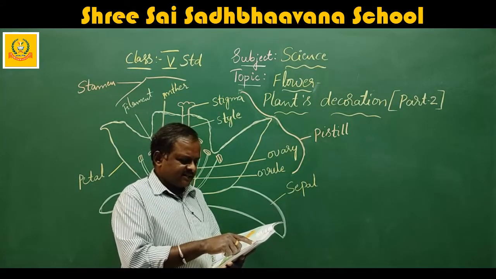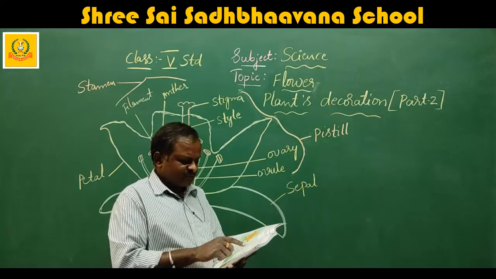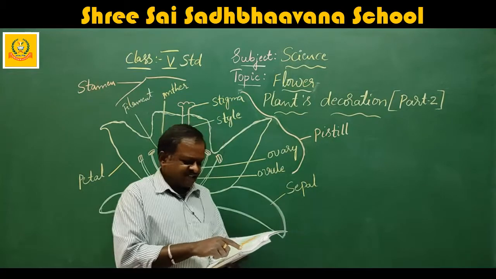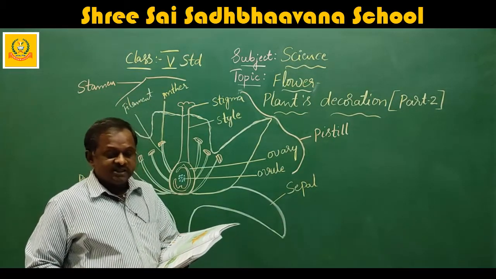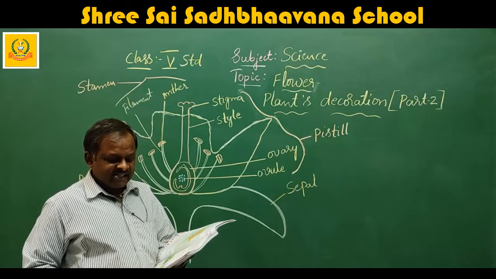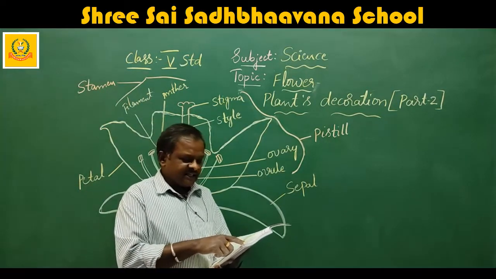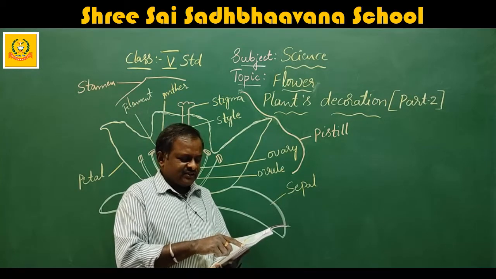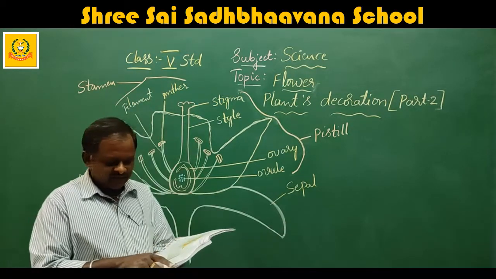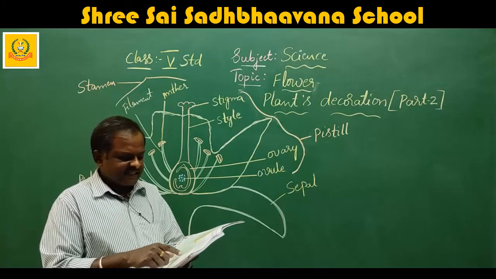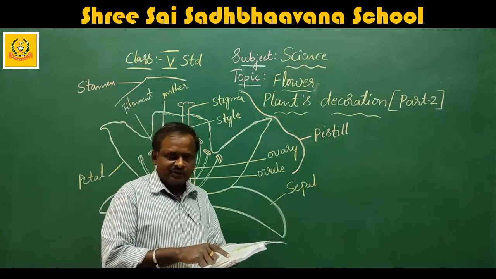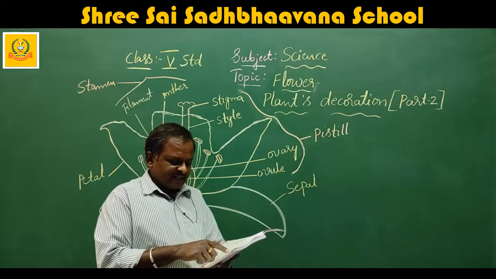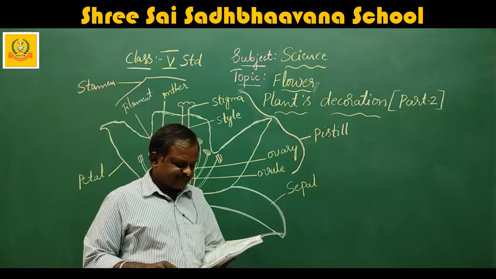Pollen germinates on the stigma. Style. It is a tube-like structure that holds up the stigma. It leads down to the ovary that contains the ovule. Ovary. It is usually situated at the bottom of the flower. It has seeds inside that turn into fruits. Ovule, the part of the ovary that becomes the seed.